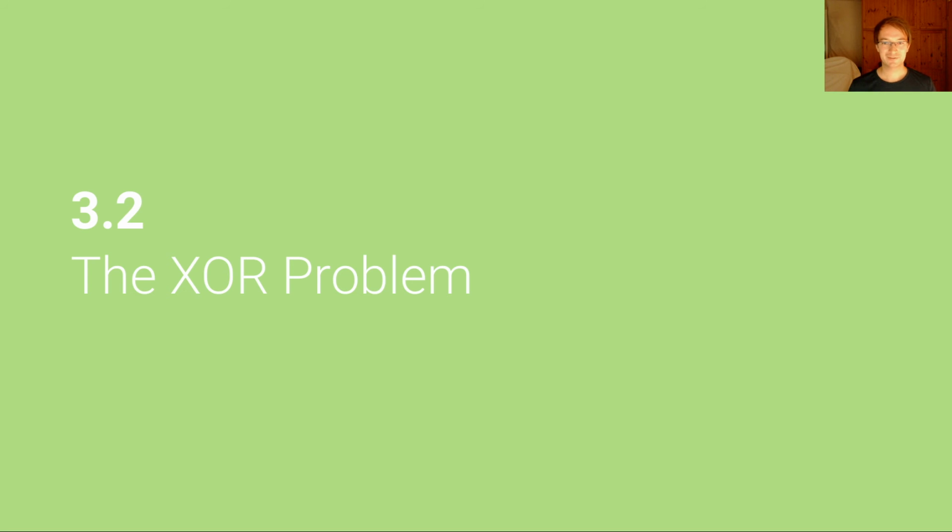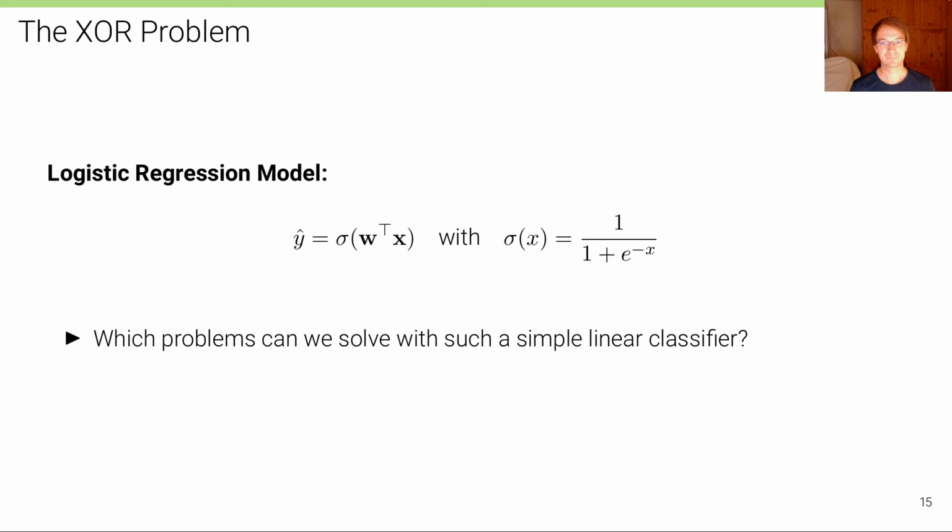In the second unit, we're going to discuss the expressiveness and limitations of linear classifiers. Let's consider our logistic regression model from the previous lecture. To remind ourselves, the logistic regression model is the model where we have a linear or affine transformation between a weight vector and an input vector x,